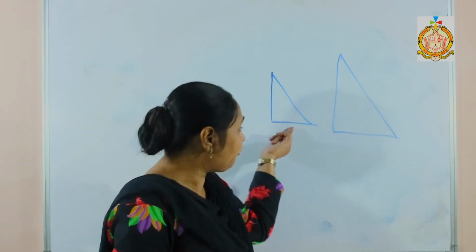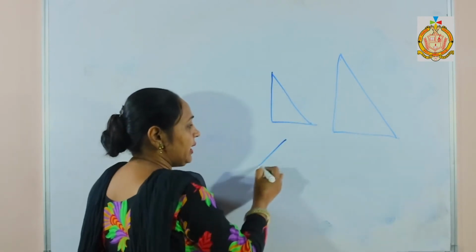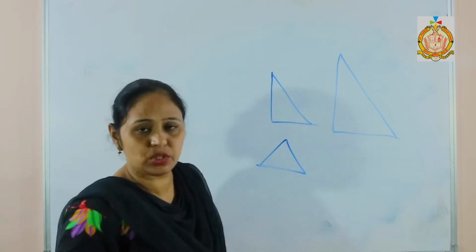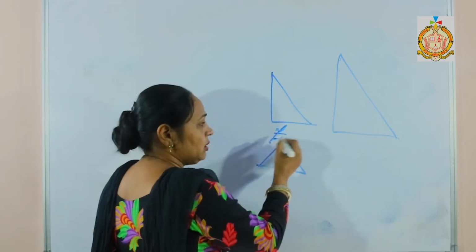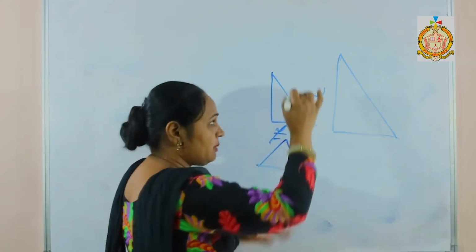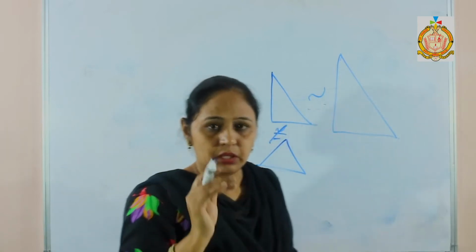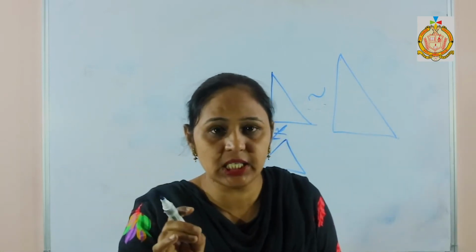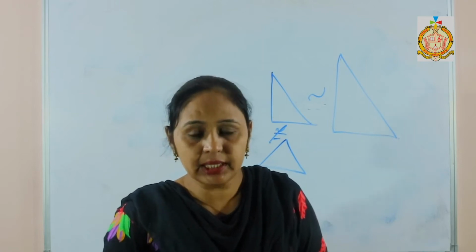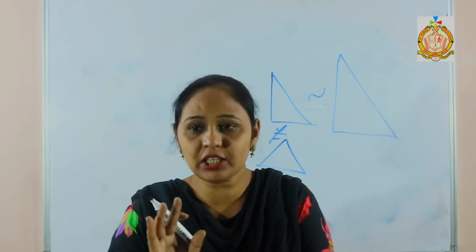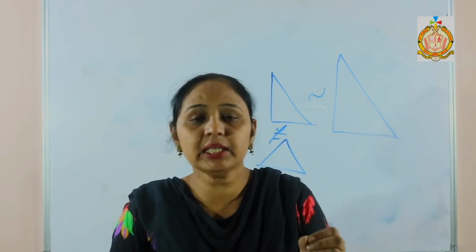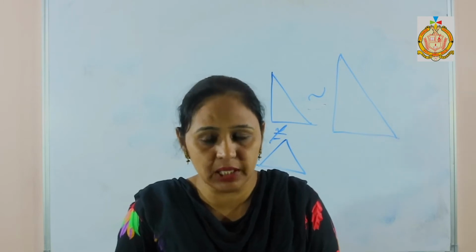Okay. If one triangle is right angle and the other one is scalene or isosceles or equilateral, that means these two triangles are not similar. But these two triangles are similar. If the names are the same, they are similar, and there are a few rules. By taking those rules, we can identify the similar triangles and we can make the relation between the angles and the sides of those triangles.